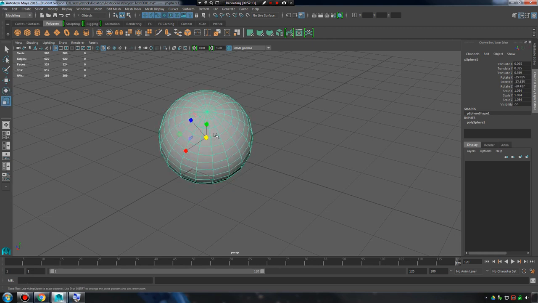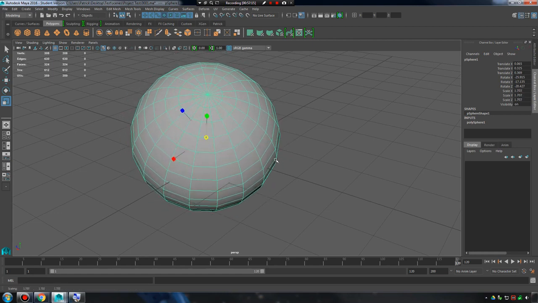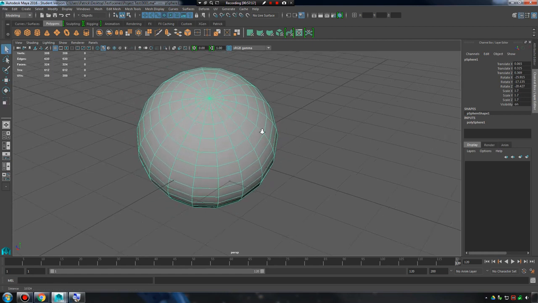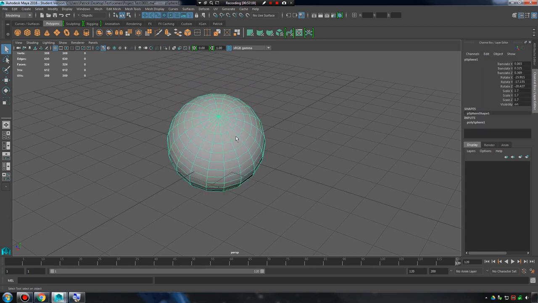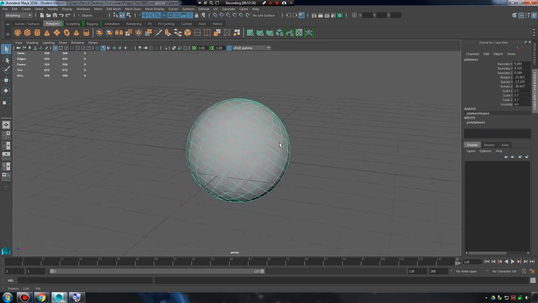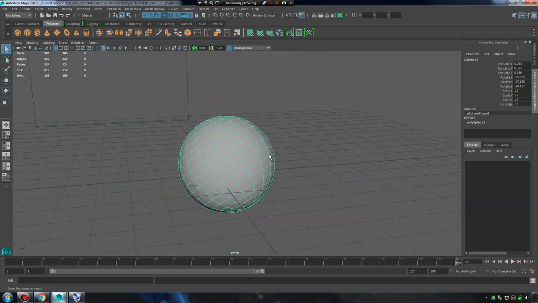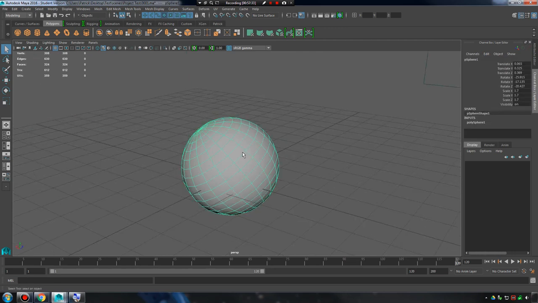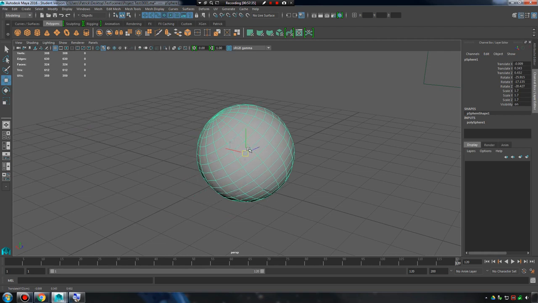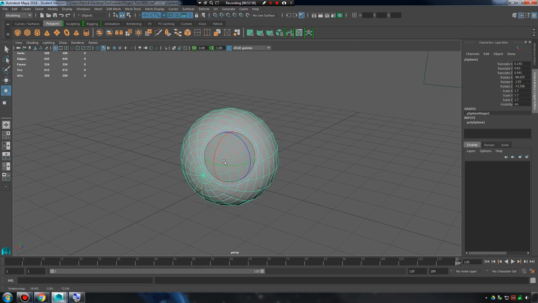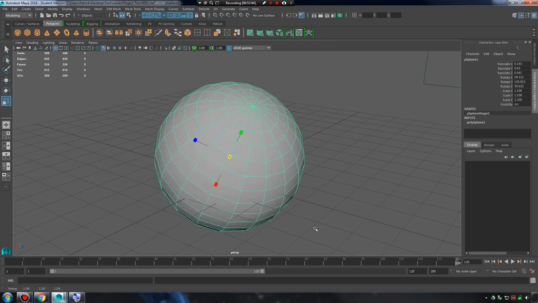So E is rotate, R is scale, and Q goes back just to selection mode again, so I'm not selecting or moving, rotating, or scaling anything. With my thumb on the Alt key, I can zoom around my model. Then I can use my ring finger to select Q. I can use my middle finger to press W to move things. I can use my index finger to rotate things, and I can stretch with my index finger and press R